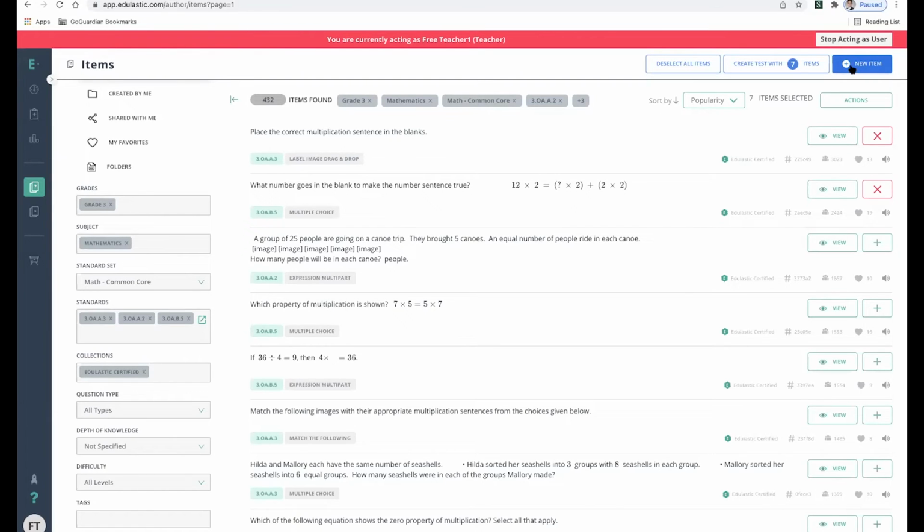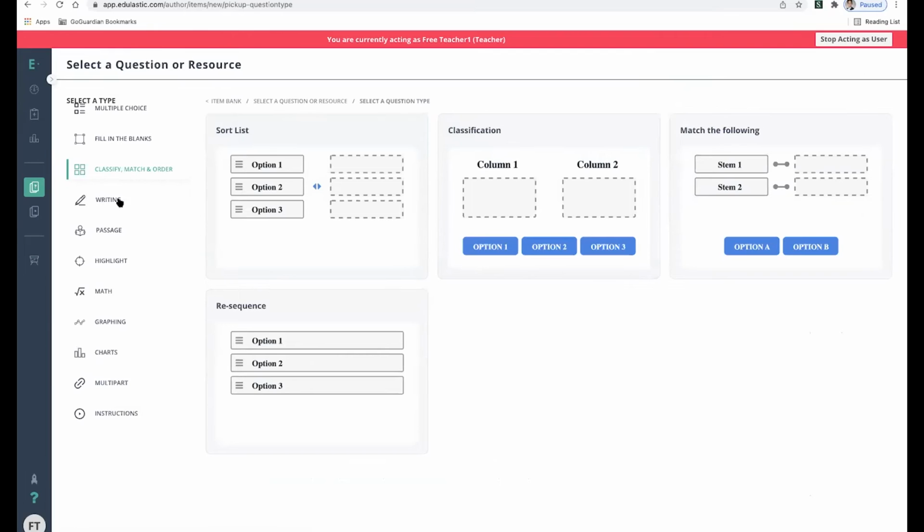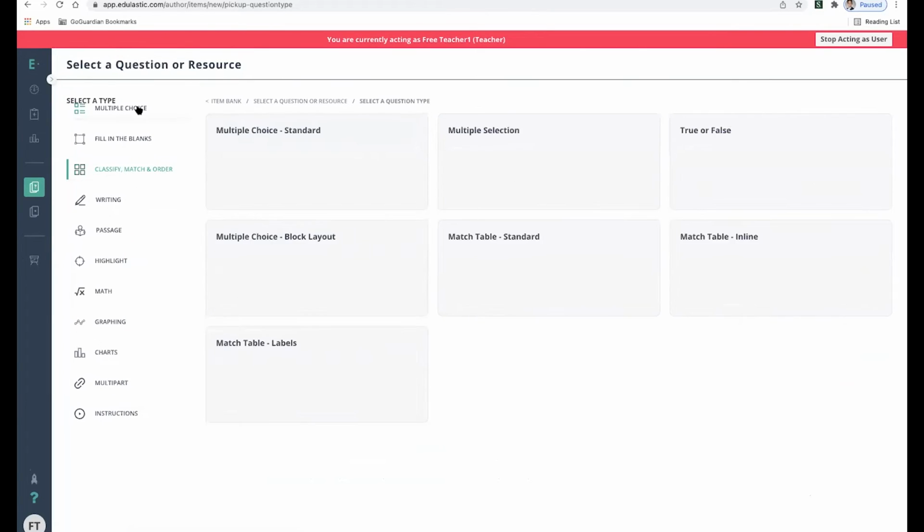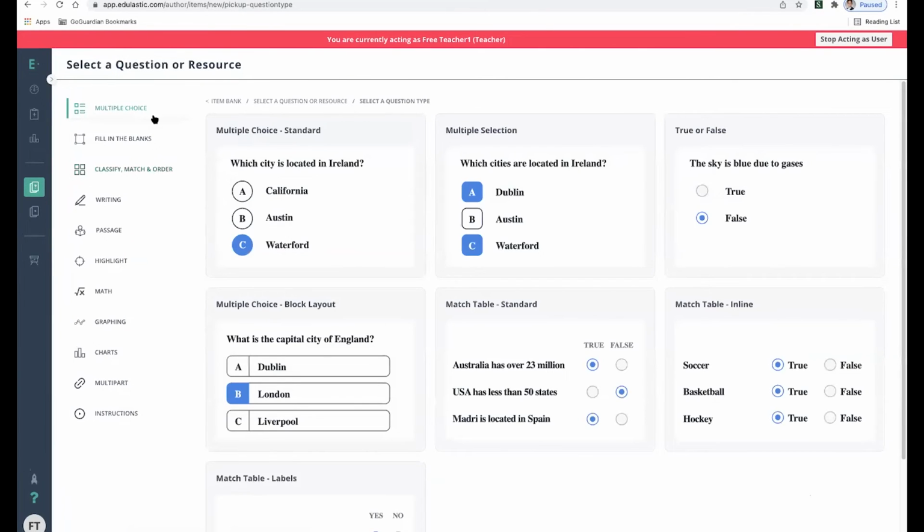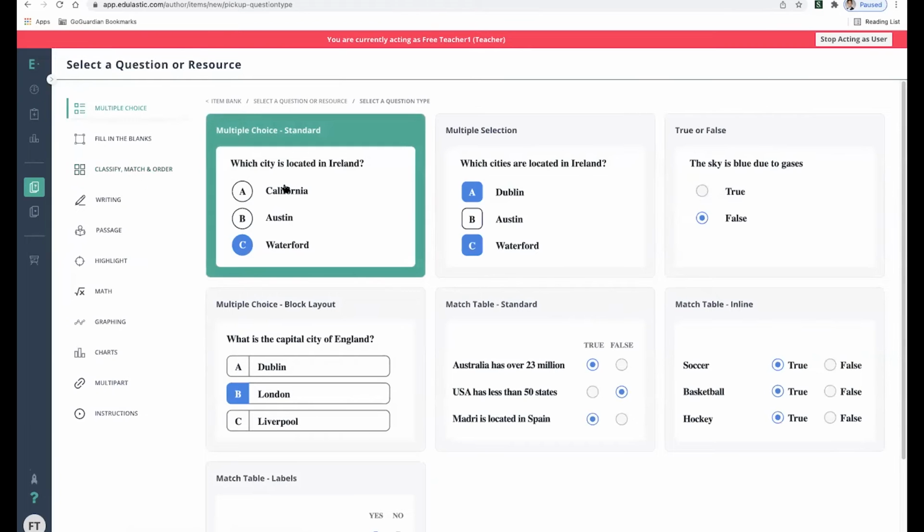So by clicking the new item thing here, you'll see that once again, we have a bevy of different questions that you can choose from, that go from writing to passage to highlight to math, graphing, charts, and so forth. The most basic and by far the most popular one is multiple choice. So if I want to create a multiple choice question from